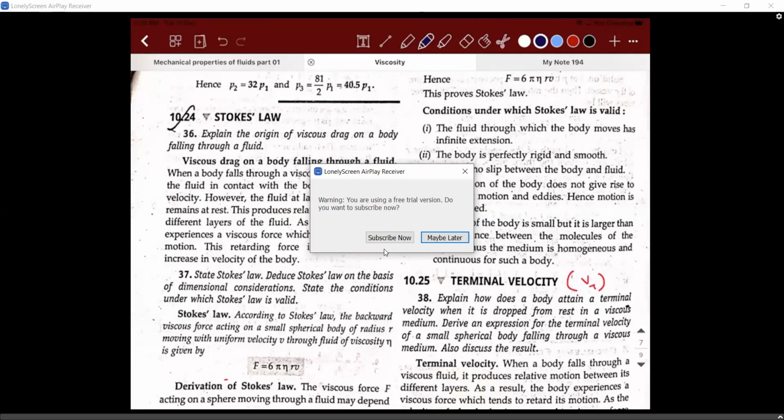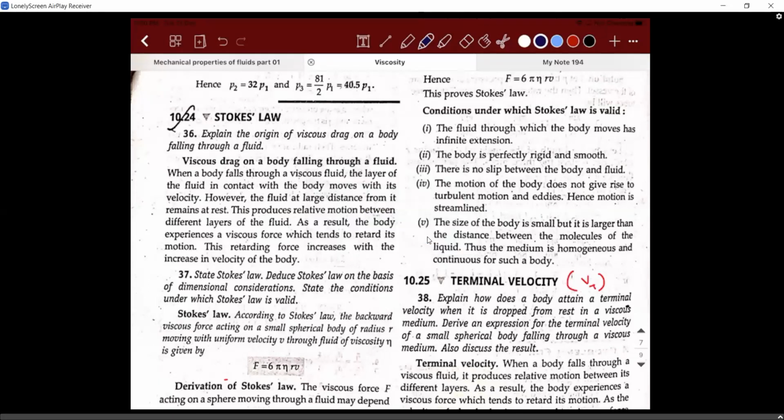Yeah, this is derived only for a solid sphere. That is why you will actually do this experiment also in the lab to find something called terminal velocity. Have you been asked to write the records? You would not have written it yet, but there is an experiment where you will calculate the terminal velocity of a particular solid.